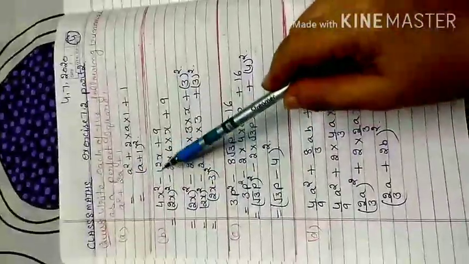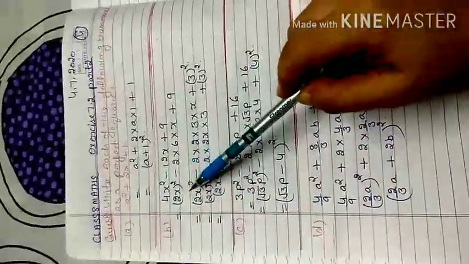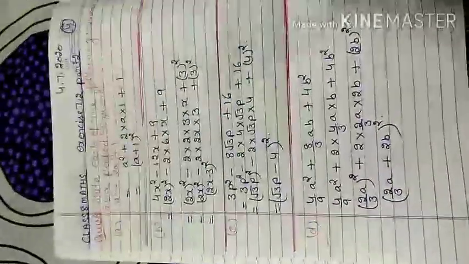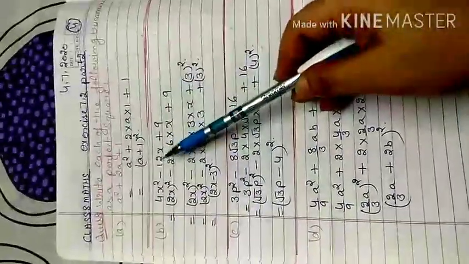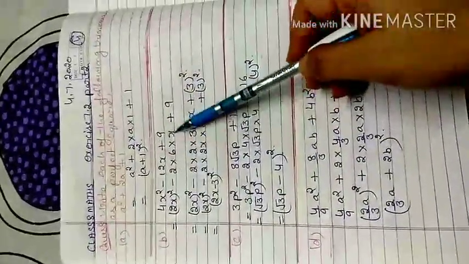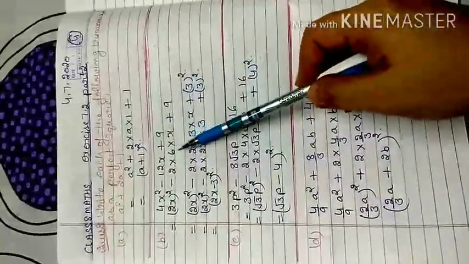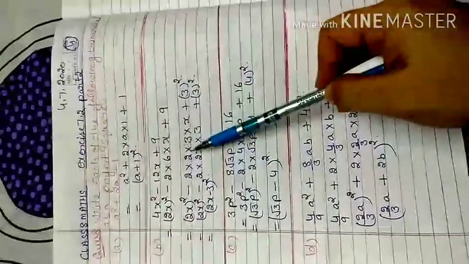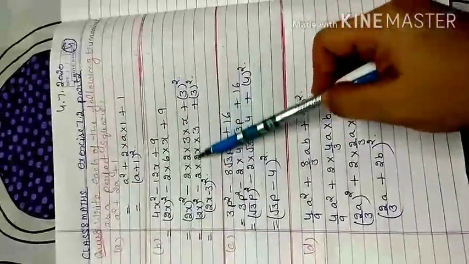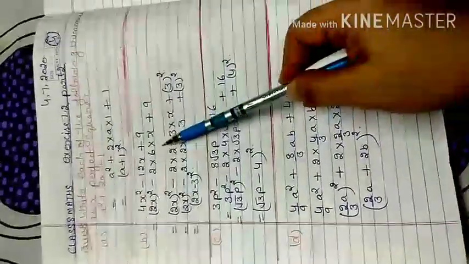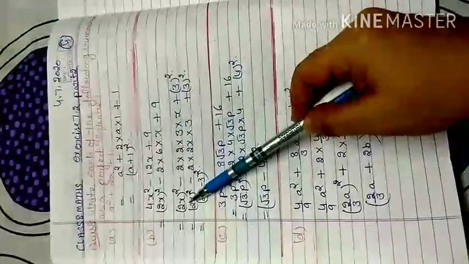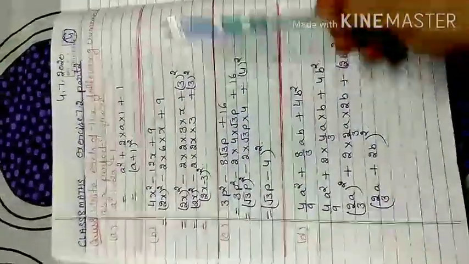Similarly, if 4x square minus 12x plus 9 is there, 4x square is 2x whole square, 9 is 3 square. From 12 you keep 2 separate, so that is 6x. But here my first term is 2x, second term is 3. So I need the combination here: 2 into 3 is 6, and 2 stays with x because that is my first term. And 3 is the only single term alone, so there is no x with it.